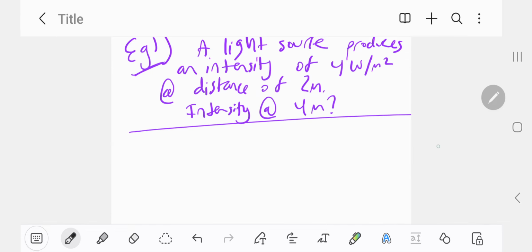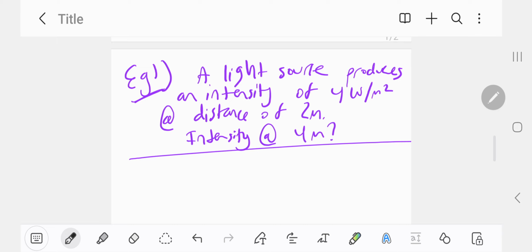So what do we know? The first thing is we need to figure out what we know. Now, typically by convention, the first numbers you come across, so in this case the intensity, we're going to call this I sub 1 in the question. And the distance at which the intensity is given is R sub 1. And we need to work out I sub 2, therefore, and hence this here is R sub